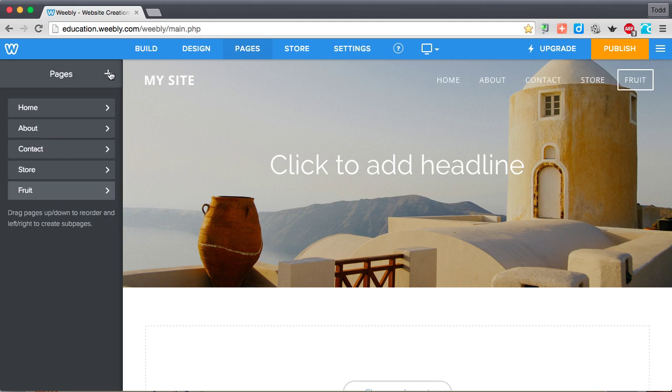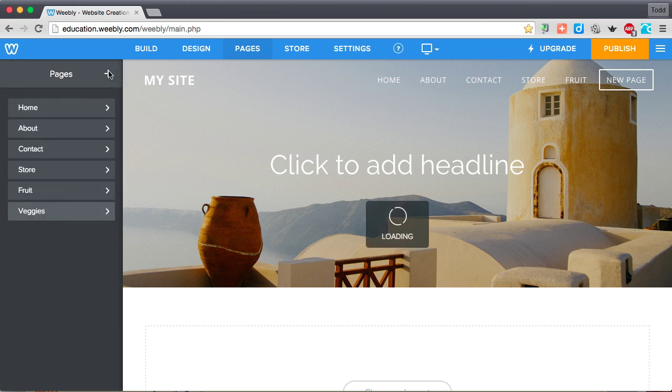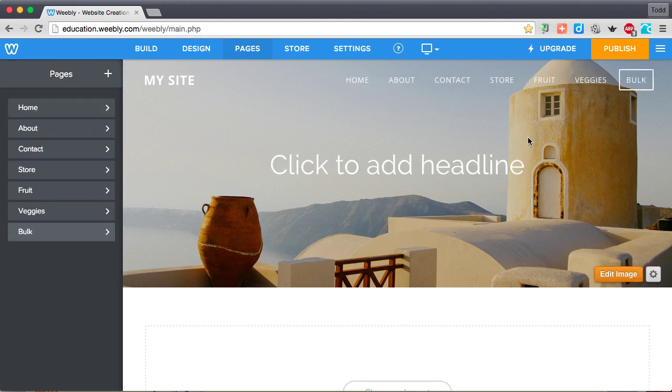Okay. I'll create another page and call it veggies, and a third page, call it bulk. Now, I don't necessarily want all of these pages on my navigation. I definitely don't need fruit, veggies, and bulk in it because they all actually fall under one category, which is